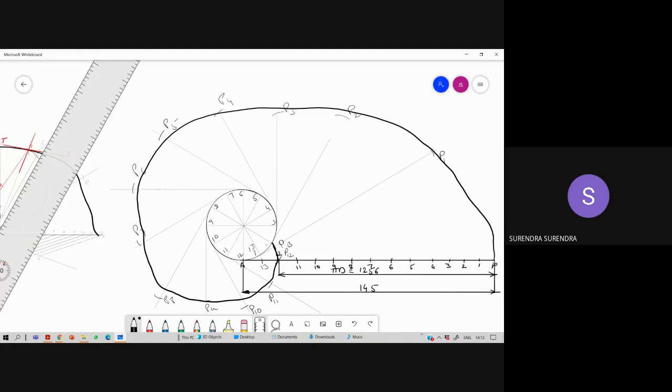So, is it clear? So the small variation between the two problems is, in the previous problem, the length of the string was equal to the circumference. But here the length of the string is more than the circumference. So we have followed some extra procedure. So always the main concept is we should divide the circumference only into the same number of divisions as we are dividing the base. So forget about it, the length of the string is secondary.